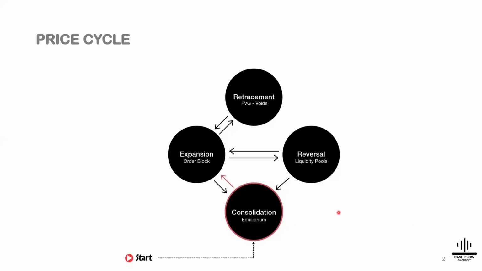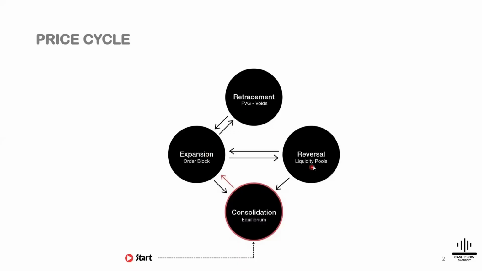In price, there are only four things that happen. Price moves in cycles and it consists of four phases and only these four phases. These include consolidation, expansion, retracement, or reversal. What does this mean? It means that these are the only four things price does. So when you open your chart, price could either be consolidating, expanding,